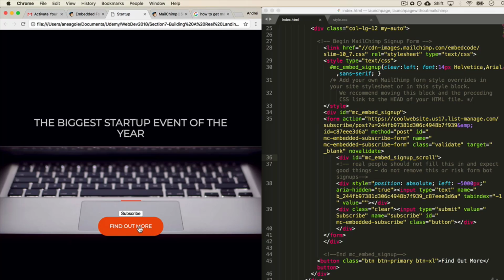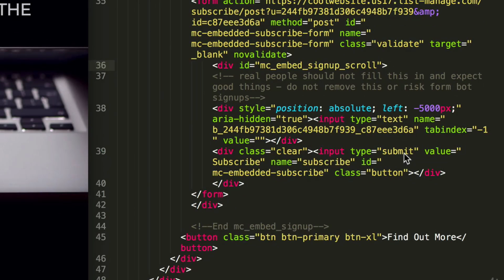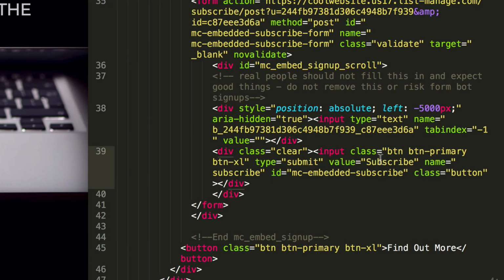Okay, now we want this button to actually be this button. So how can we do that? We can find this button by again looking at the input. Type submit value subscribe. That looks like the button. Let's make this, instead of the input, to be the button. The way we do that is we just give it the class that we have for the button. So let's try that. If I go over here and just add the class and I remove my button,